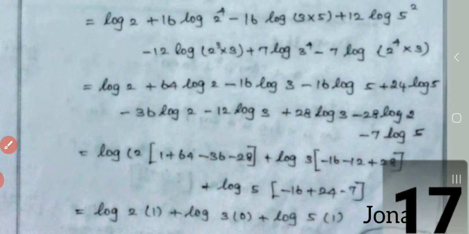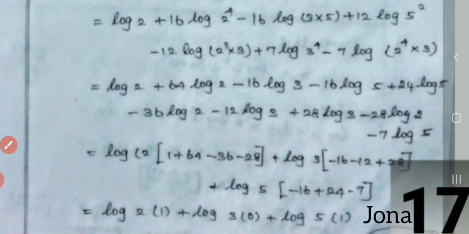And then we want to get the values of this, simplify the values there. So if you simplify these things, you will get 1 here. If you simplify, it will be 0. If you simplify, this is 1. So here simply we have log 2. Here log 3 has the coefficient 0. And then here log 5 will be there. So the final answer is log 2 plus log 5. That log 2 plus log 5 can be written as log 2 into 5, isn't it? So the answer is log 10.